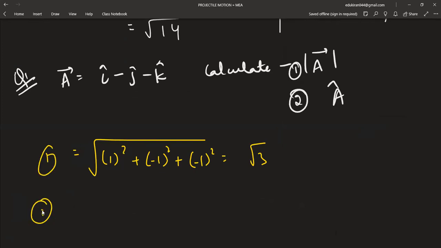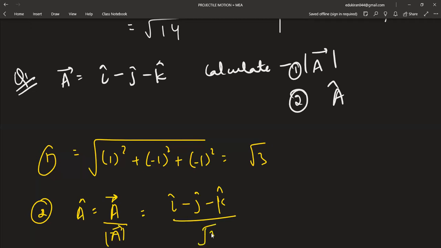When you are calculating the unit vector, answer for 1 is root 3. Not 1 by root 3, Jasleen. Why 1 by root 3? Only root 3. But when we are calculating the unit vector, we take the vector as it is and divide it by its magnitude. So what's the vector? I cap minus j cap minus k cap